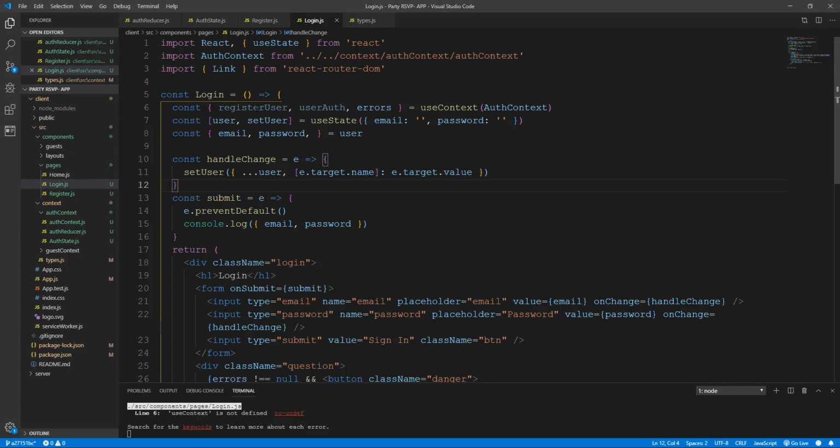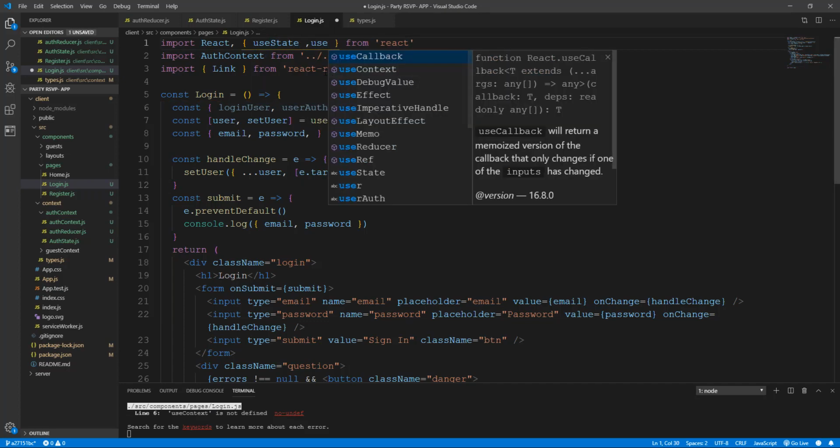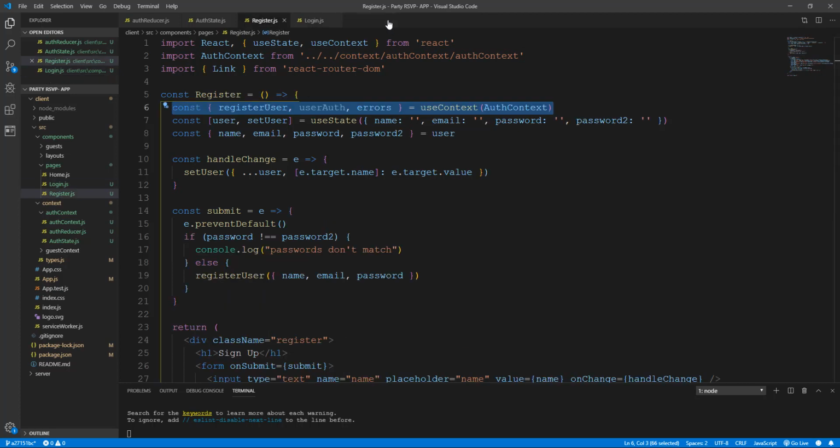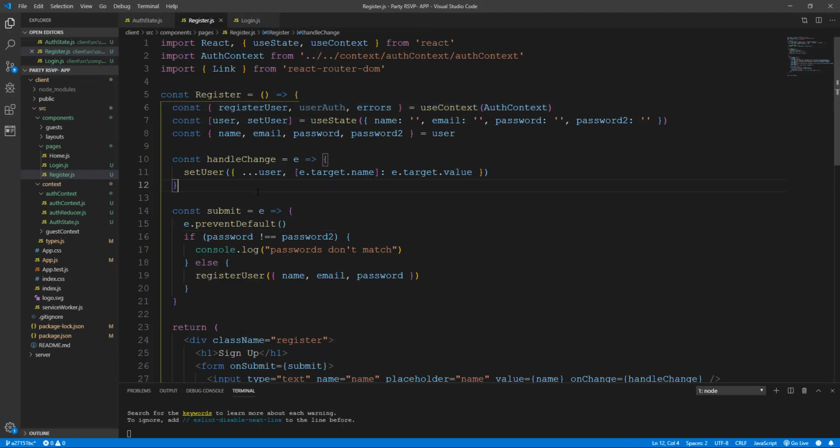Save it, and instead of register user we are going to have a login user and error, and should use context because we don't have it, so we're going to get use context. Okay, so all the complaints gone away. So let's go back to the close. I have so many things open, I'm sorry guys. Alright, so we are in registered